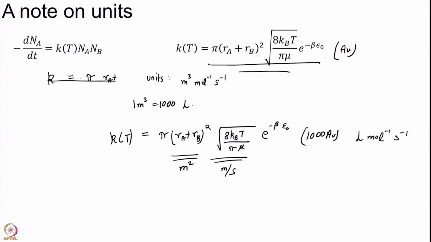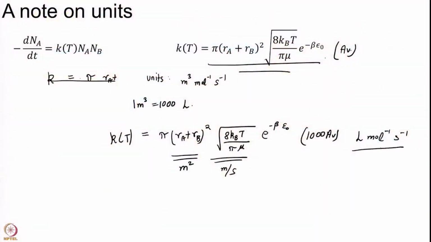If you want to use different units, obviously you are free to do so, but at the end you must convert your units carefully enough to get the final answer in the experimental units. And in any case, whenever you calculate a number, the unit should be mentioned. Without a unit, if I calculate a rate constant and I tell you the rate constant is 10 into 10 to the power of 7,